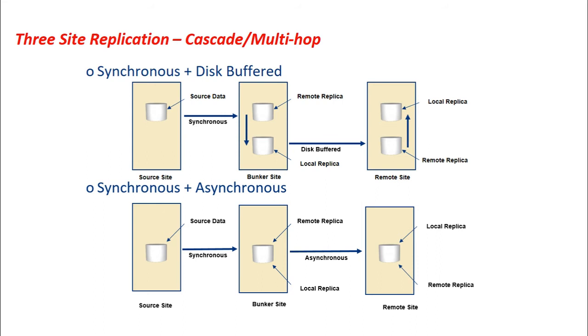The updates to the remote site cannot occur due to the failure in the bunker site. Therefore, the data at the remote site keeps falling behind. But the advantage here is that if the source fails during this particular time, operations can be resumed at the remote site. Recovery point objectives at the remote site depend on the time difference between the bunker site failure and the source site failure.